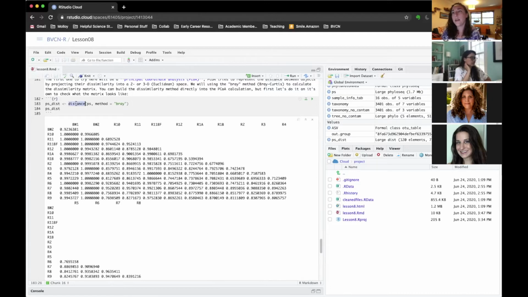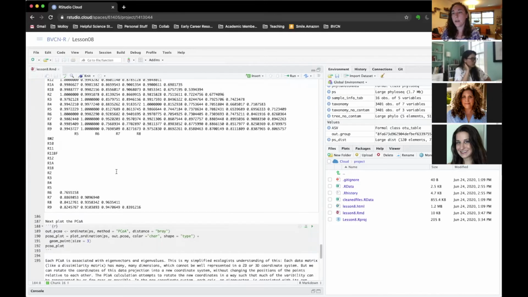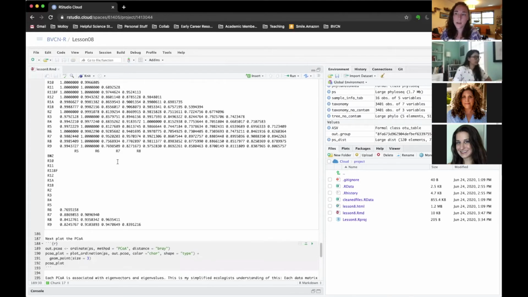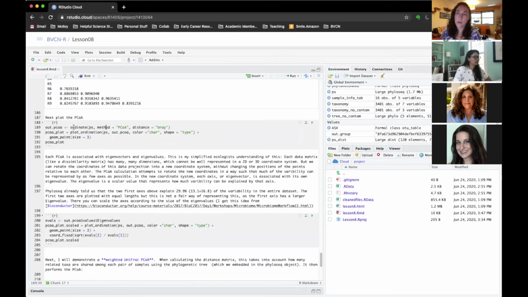And you can look at it on its own, like I did here. But when you actually do the PCoA, you don't even have to do this calculation of the distance matrix up here, because within the function ordinate in phyloseq, you can tell it the distance method that you want to use. Here I'm telling it to use the Bray method. I'm also doing a PCoA, so my ordination method is PCoA. It's a really straightforward step. You just use the function ordinate to do this